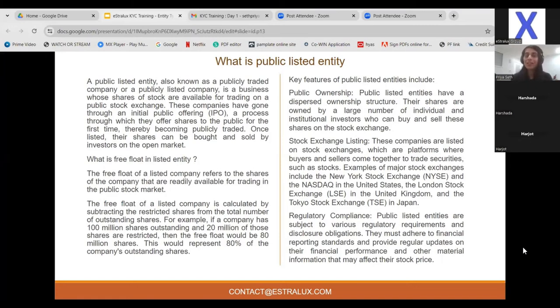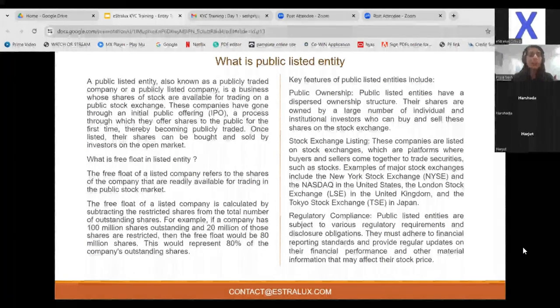So that again changes the entity type. You first have to know, okay, this is a public listed company. Where is the listing proof? Of course, that document, the listing proof, will only make you know that this is a listed company. Yes, I am correct, I have the document. Now let's collect the other documents for that company. So the first thing you will know is that it is a listed company.